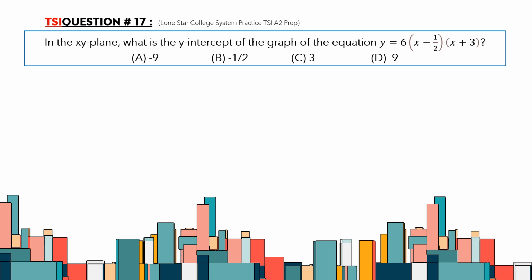Before we start, I want to review. Whenever we have a graph like that, if the graph crosses the y-axis at a point, they call that the y-intercept. And if it crosses the x-axis at a point, that is called the x-intercept. Okay, whenever we find the point of the y-intercept,